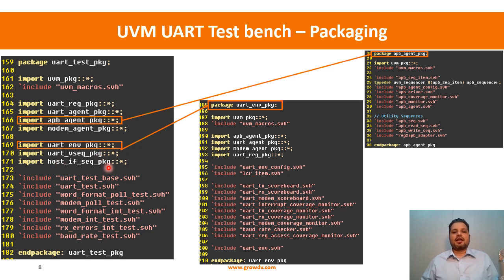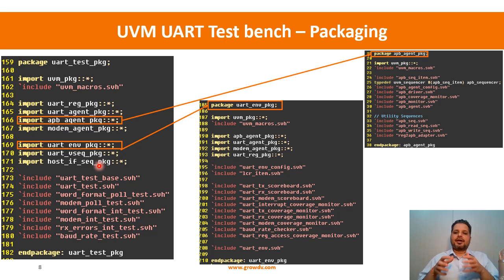Then the host interface sequence package is the set of sequences that run independently on individual sequencers. So it's actually these virtual sequences that are built using the host interface sequences. That's how they are built, because you combine multiple individual sequencers running sequences into a virtual sequence, because